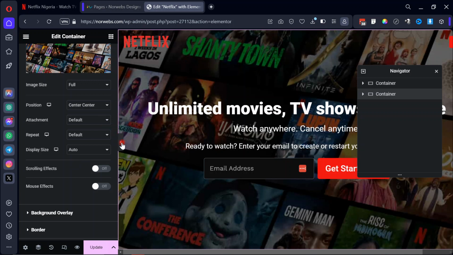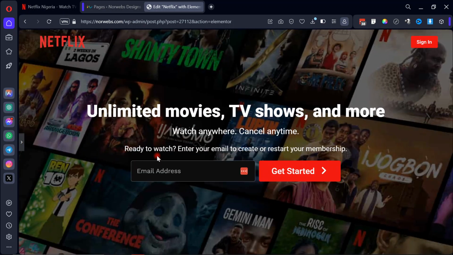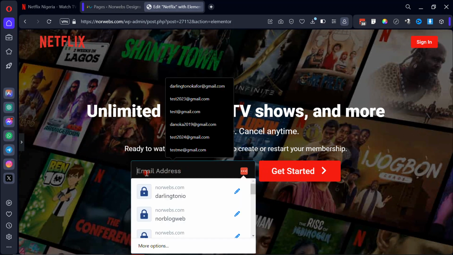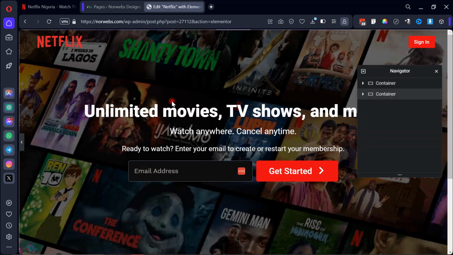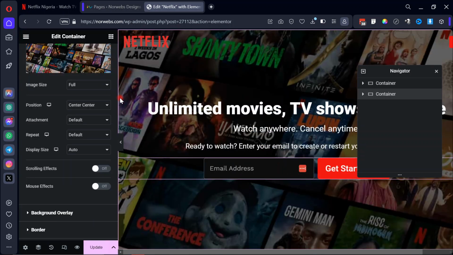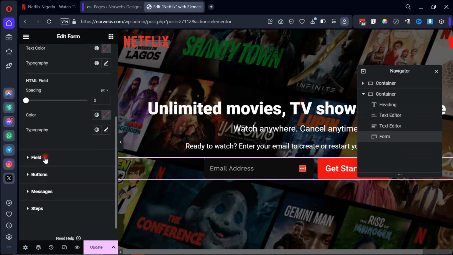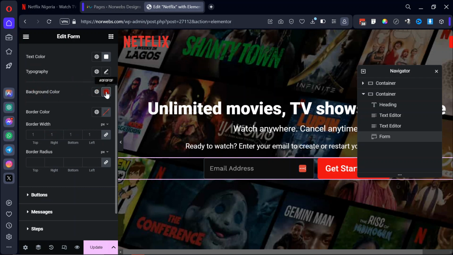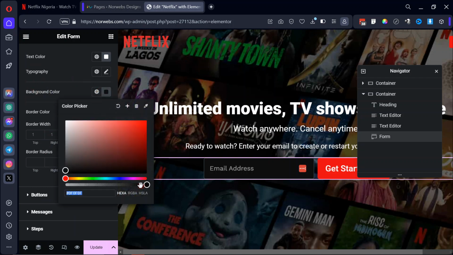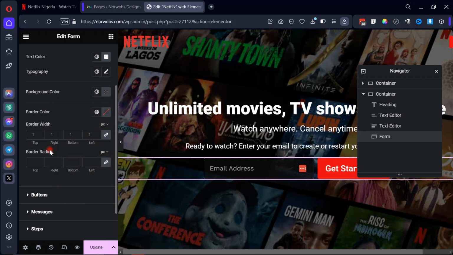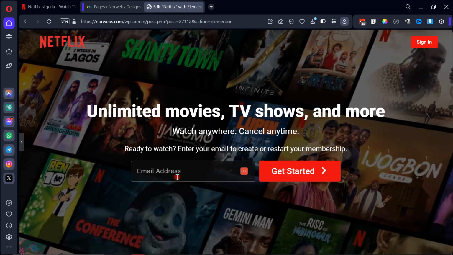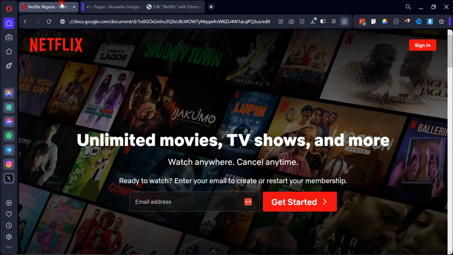Okay, then the layout is already done, and the next thing is the transparency of this email. So let's click on it. Then on the style, scroll down to the field. Okay, so the background color, remember we gave it a solid black. So now we're going to make it transparent. So maybe bring it somewhere around here, and let's see what we have. Okay, it's kind of transparent,